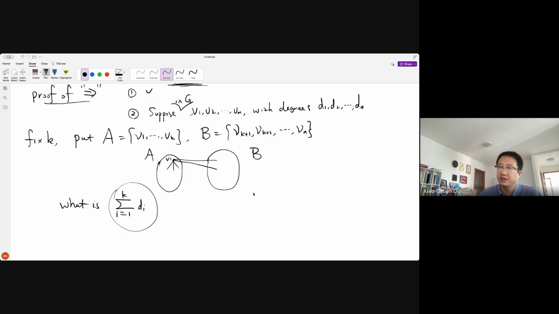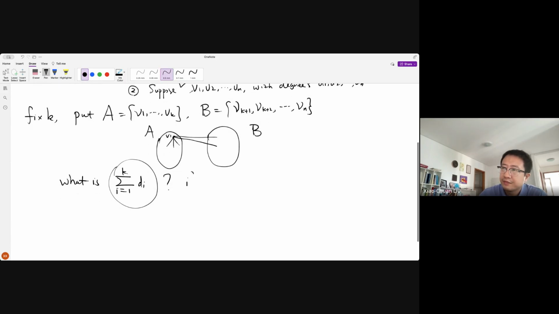So let's make this further. This is a question. If an edge e, let's write it as v1 v2, it could be not necessarily v1 v2, but for example v1 v2. I claim that an edge v1 v2 is counted twice by this expression